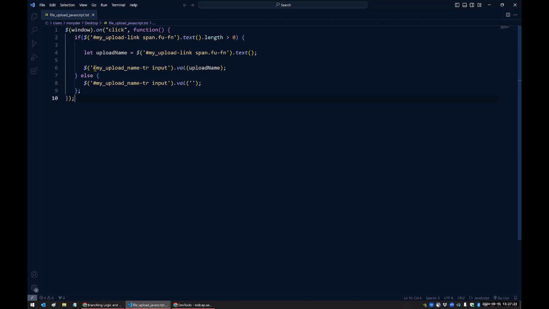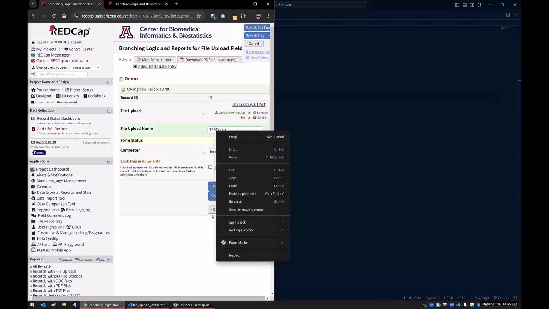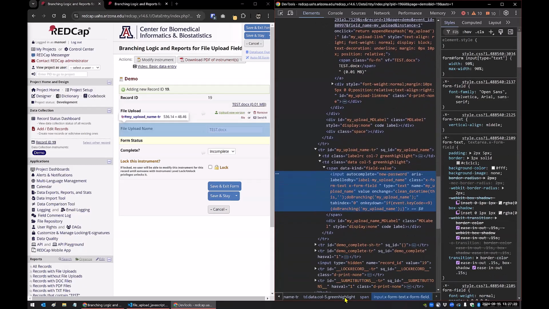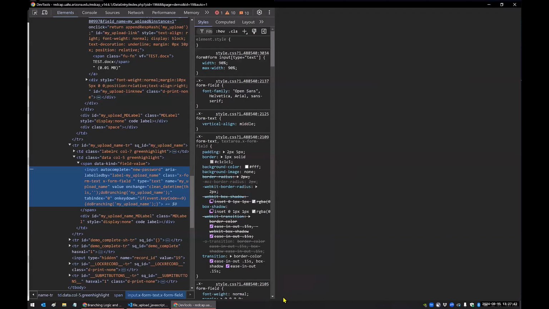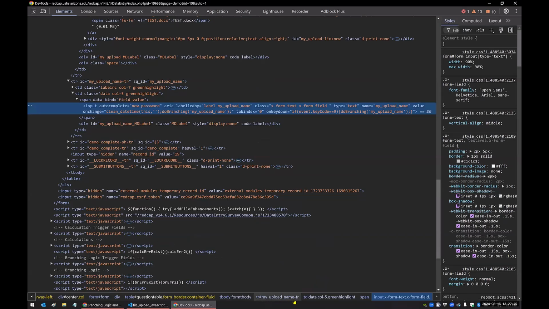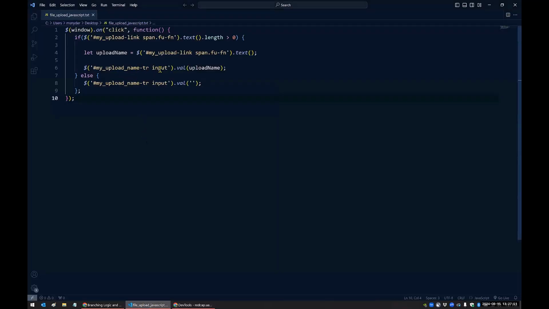And then all I'm doing is putting it in the input field that I have here for file upload name. So if I right click on that, you can see here that I have my upload name dash tr and then an input. So that's what I'm doing: I'm putting that text value, the file name value that I'm assigning to this upload name variable, in here. And if not, if this length is 0 or is not greater than 0, then I'm just having an empty string. So that's going to clear out the value if we remove a